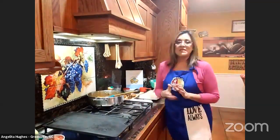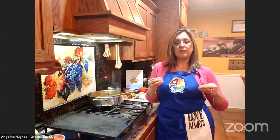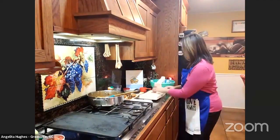So you mix it up, wear gloves because your hands will stain. And you mix it up until it feels like Play-Doh, really soft but not sticky. You don't want it to stick to your fingers. You're going to let it rest for a little bit, then you're going to divide it equally. I usually get about 8 to 10 tortillas out of 2 cups. So you roll them up into a little ball,